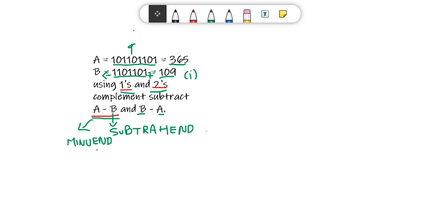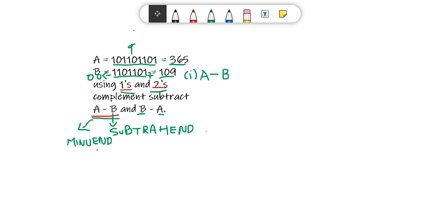Now the first step is you're doing A minus B. We know the A value. The method is that in the first step you always apply the complement.